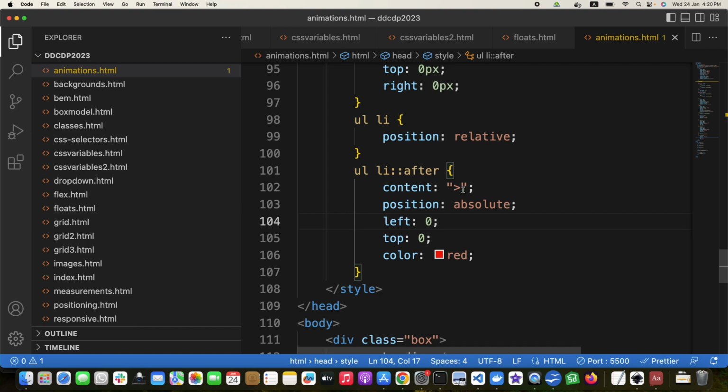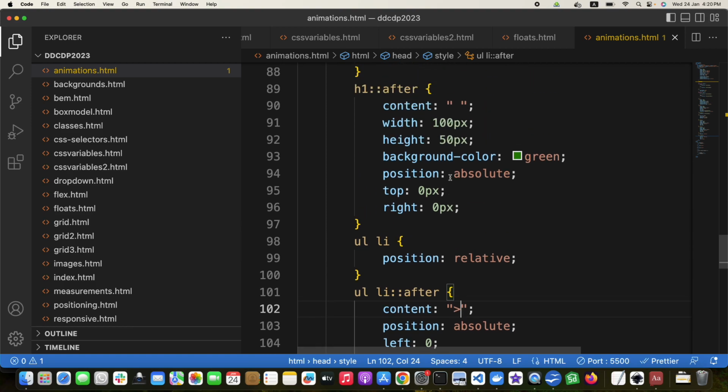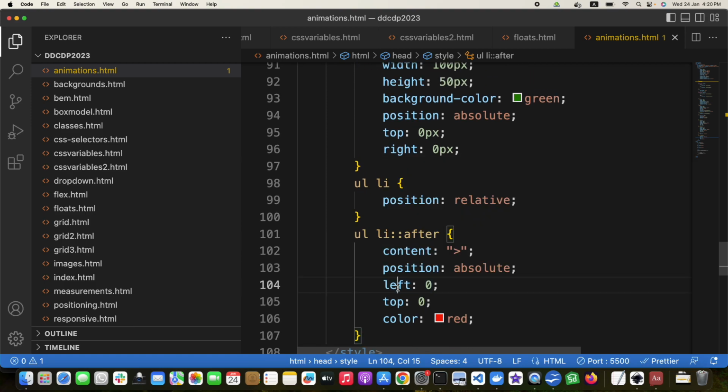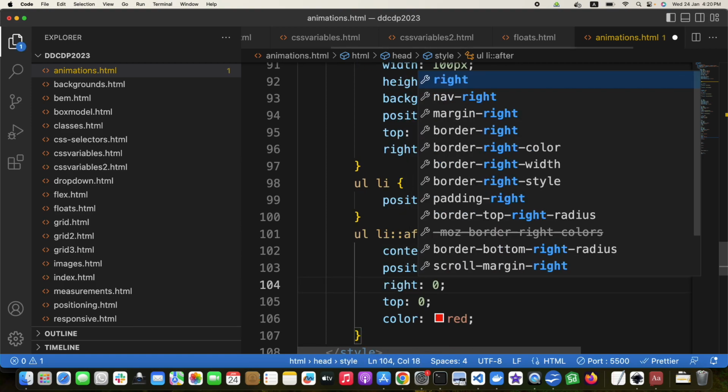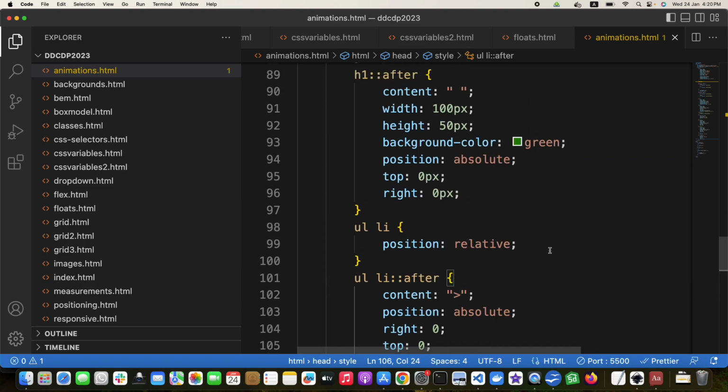Okay, for now let us make it this way, and position is absolute, and even position absolute is not very important. We can make it styled differently as well, but for now if we make it again to right and just give the li some width, for example,